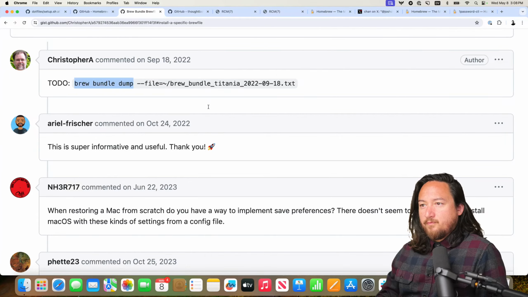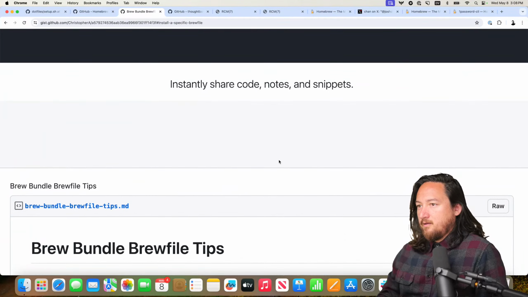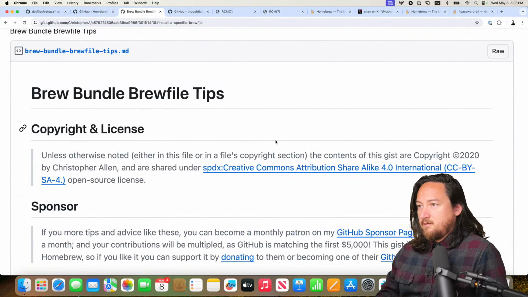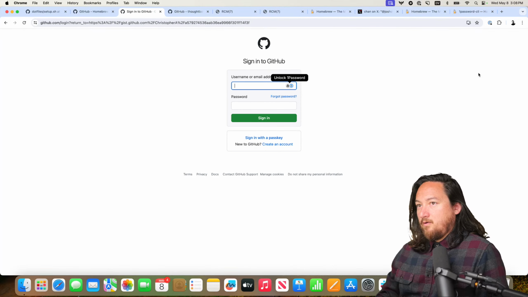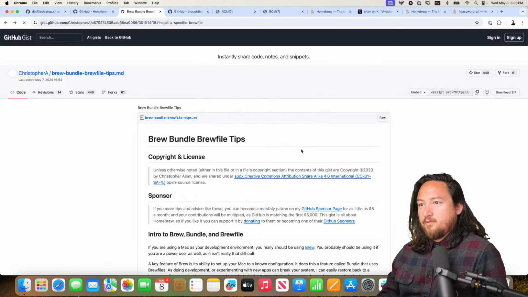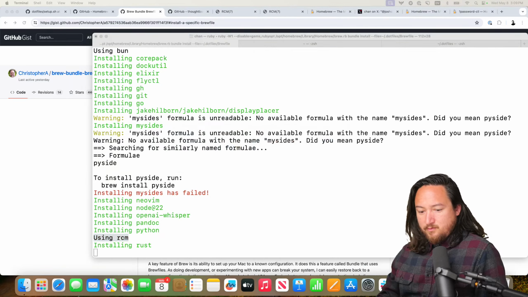Brew dump. Okay, super informative. Yeah, this is super great. Big fan of this. Let's star that. Oh shoot, I'm not logged in to GitHub with this. Anyway, if it's useful to you,